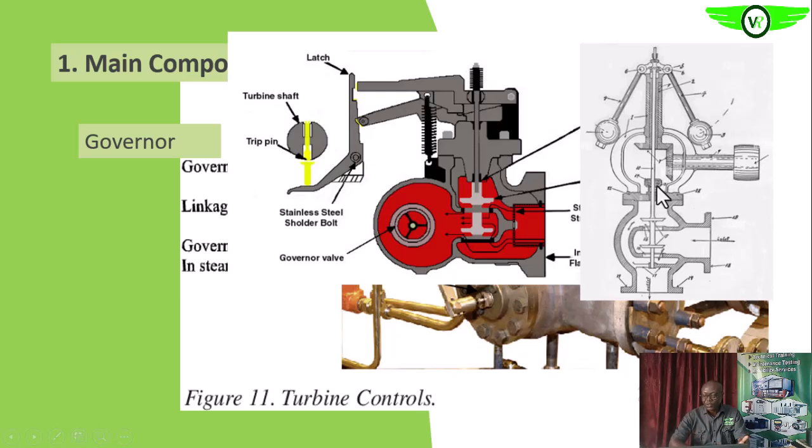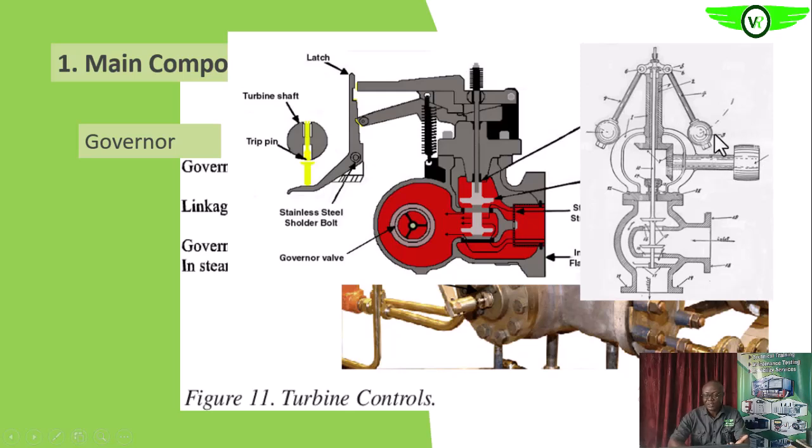If you look at it, this is the main shaft from the turbine itself, which means this is part of the shaft that is part of the rotor. Are you getting it? And that protrudes out. So we have a gear system at the end within the governor. You see that it is tied to this particular